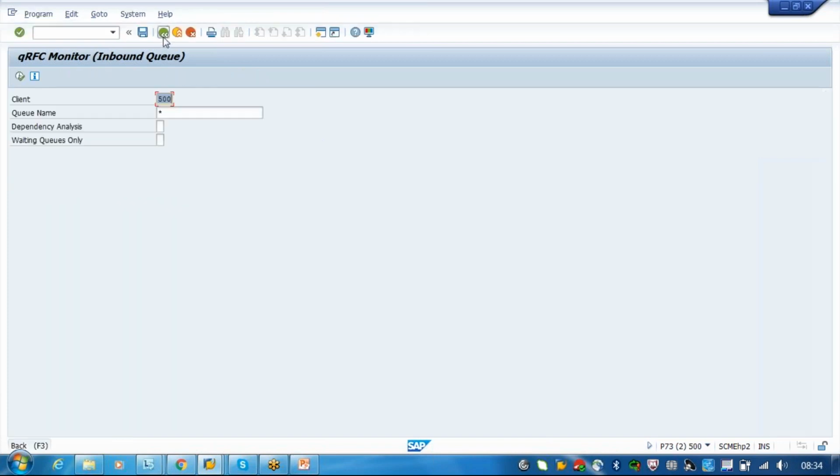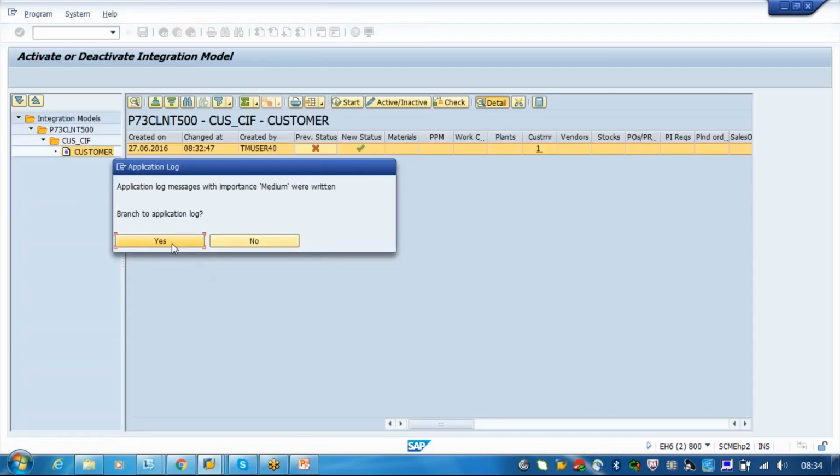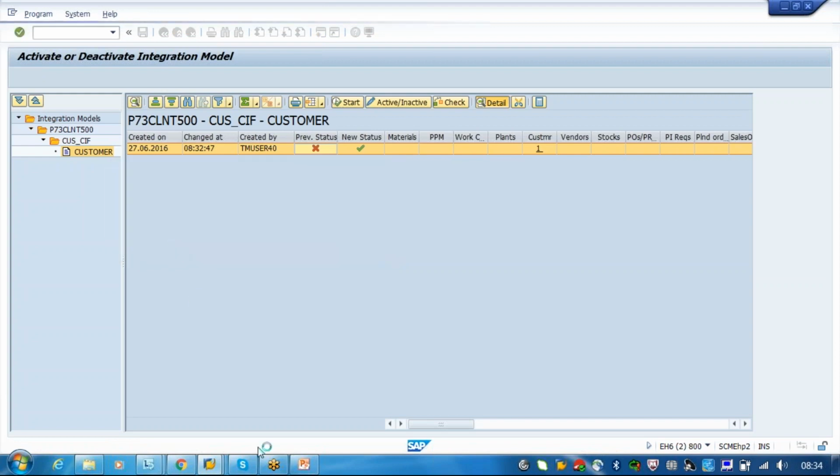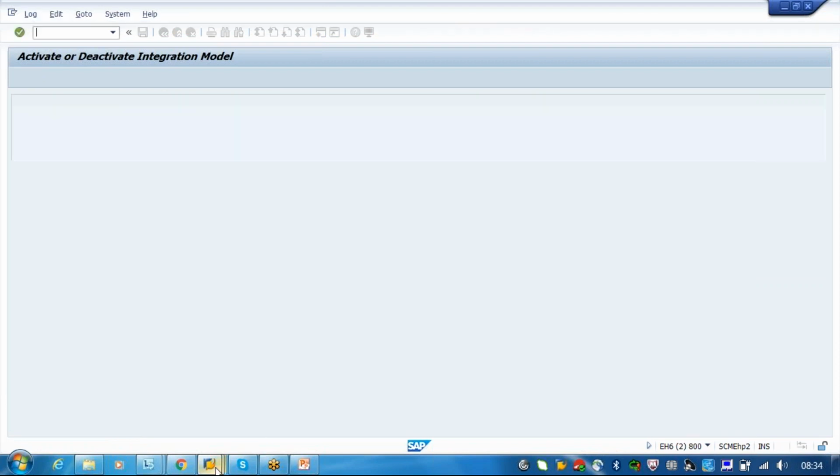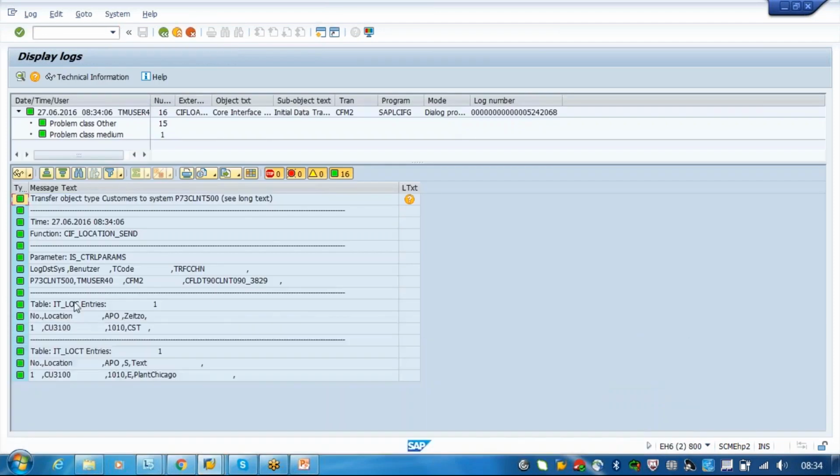Okay, so now if you come, automatically our transaction will go and hit TM. But you have deleted the queue, right? Our data will not go, because the queue is not our queue. There is another queue which is already there, so unless that queue moves, ours will not. So that means I deleted the existing queue. Now it has moved successfully. So this is a log. You can see here these logs are coming.